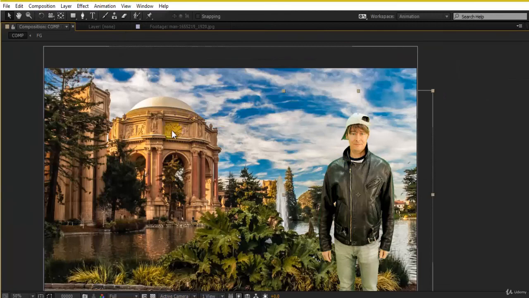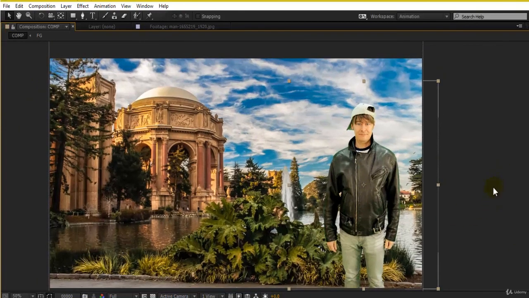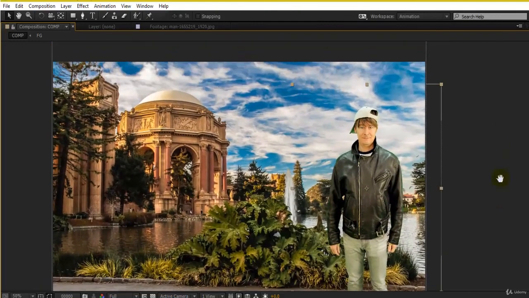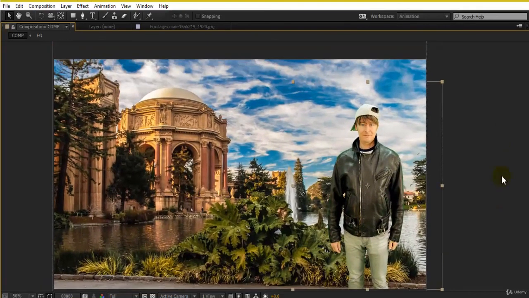If you see the overall tone here, there is some sun which is coming from here, so it means that it should reflect over here also. If you see the jacket and the face of this, the light here, the sunlight, is being reflected over here. So this is how you can do your compositing, and this is how you can remove any chroma background from your character by using the color key tool. I hope you are able to understand the color key tool.